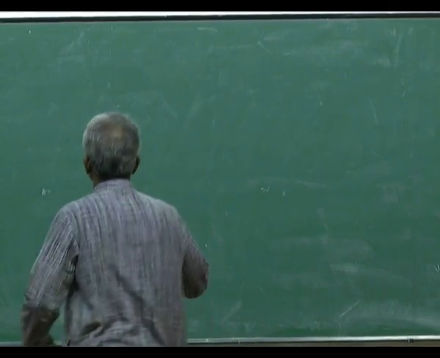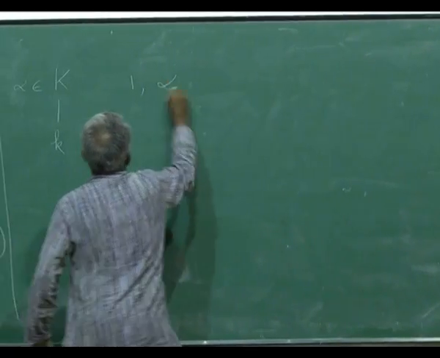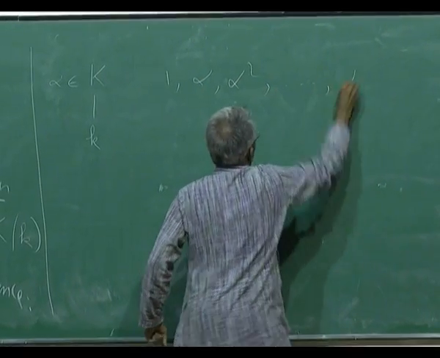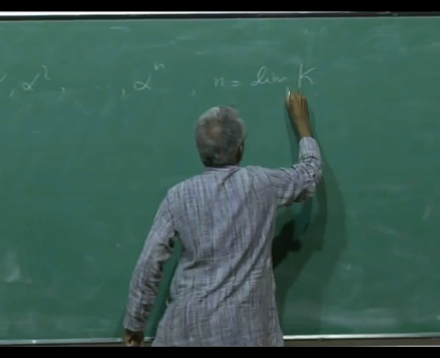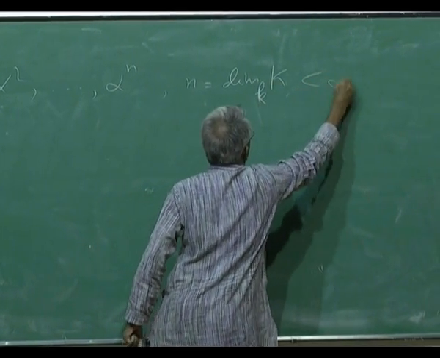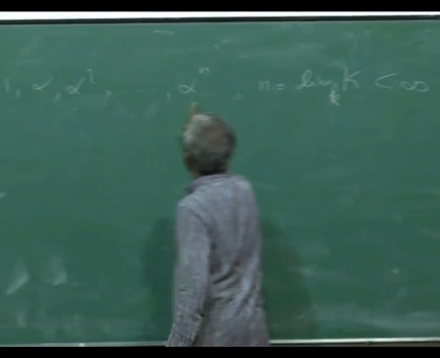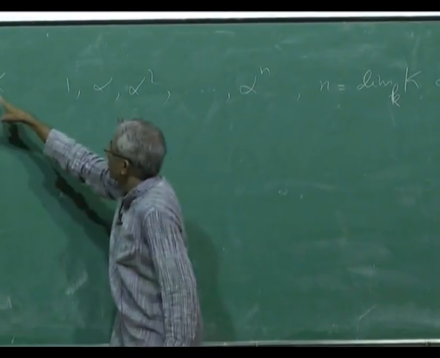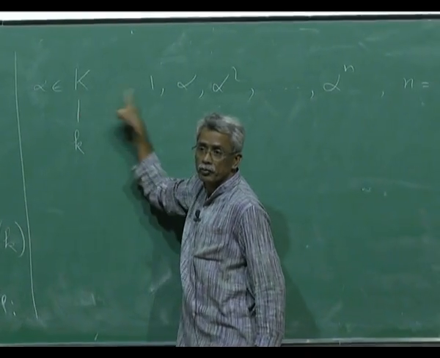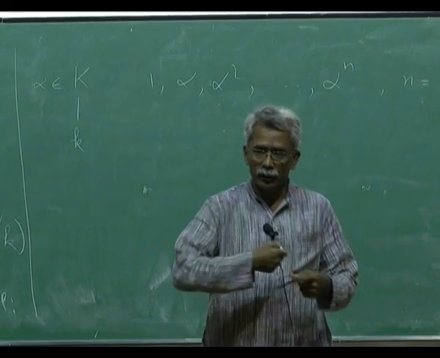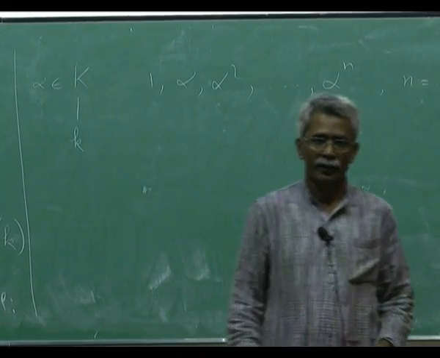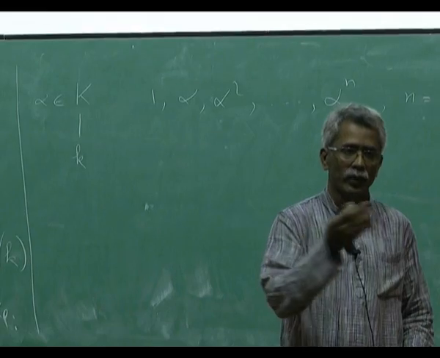So if I look at 1, alpha, alpha square, up to alpha power n, where n is the dimension of capital K over small k, which is finite. Now I have written down n plus 1 elements and K is n dimensional, therefore that must be a linearly dependent set. Therefore there should be a linear relationship among them,